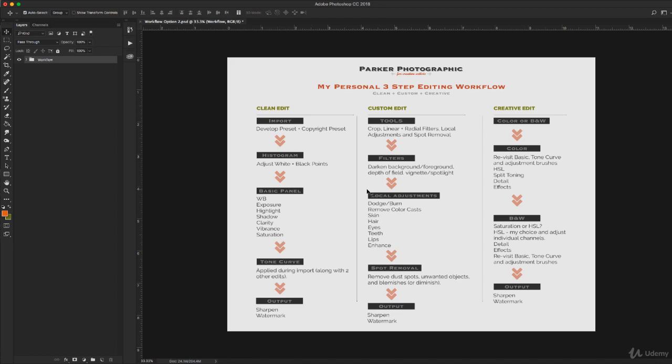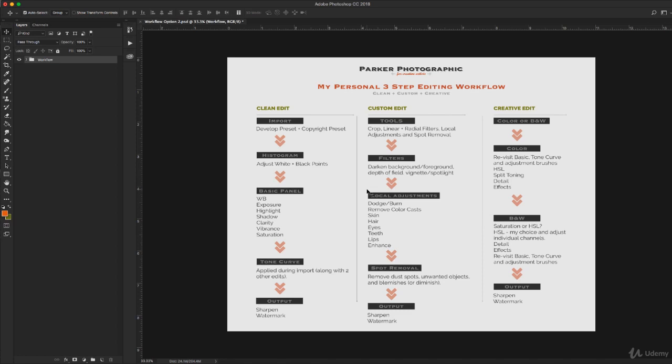For example, if I'm doing a wedding shoot in the middle of the afternoon because I don't have a choice, that's the only time the bride and groom gave me, and I'm shooting at 2, 3 o'clock in the afternoon when the sun is out at the highest point, and I can't balance out the lighting between the couple and the sky is blown out and there's no clouds. Well, maybe I want to add clouds to that particular image. Well, to me, that is creating a custom edit by changing the sky with something else,